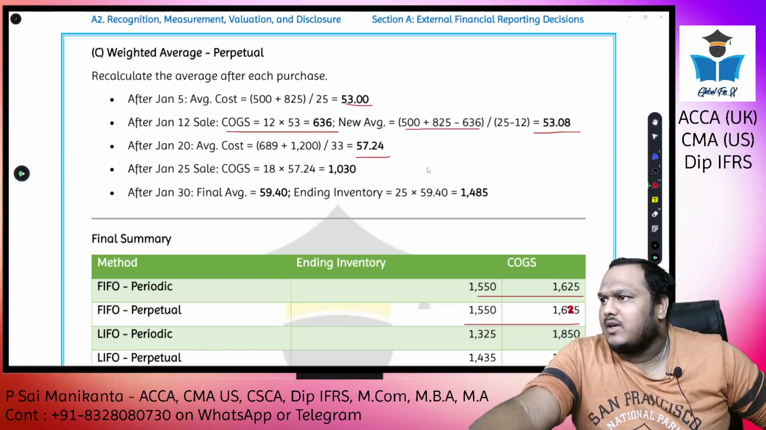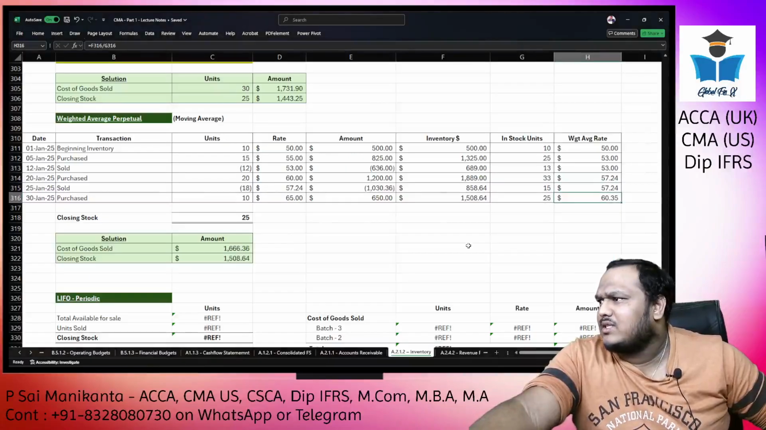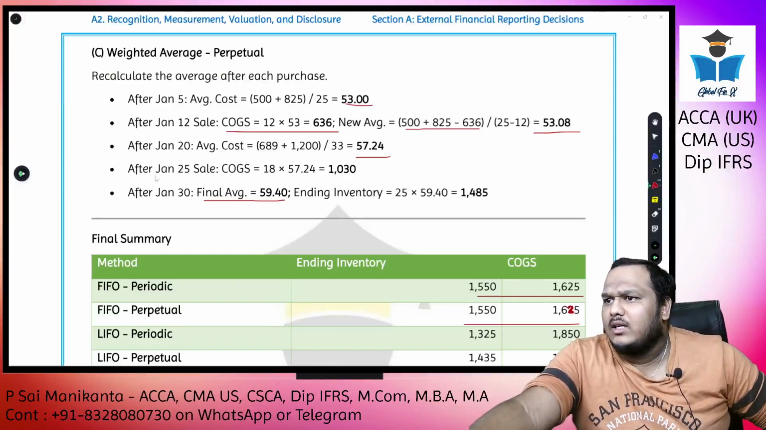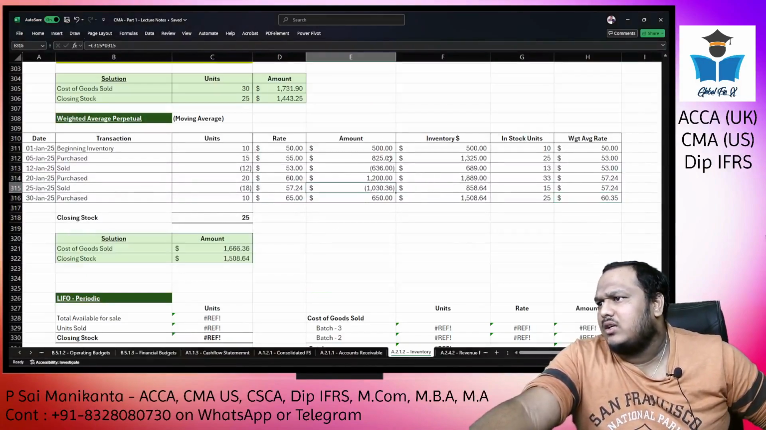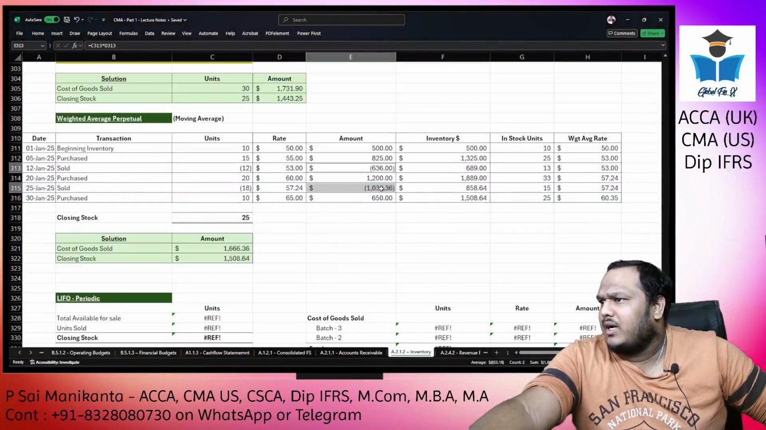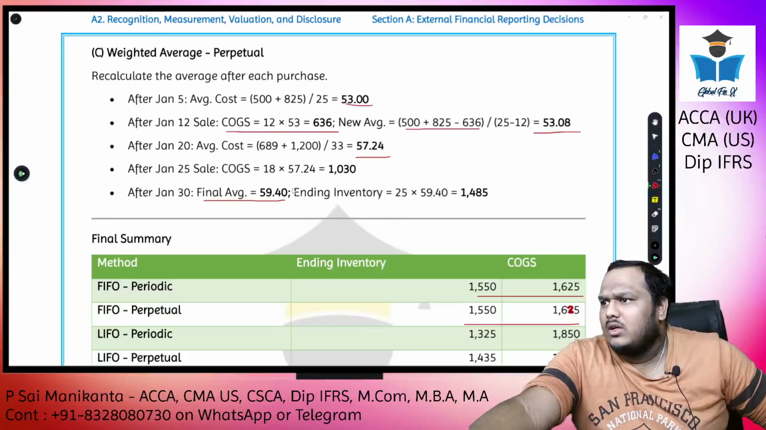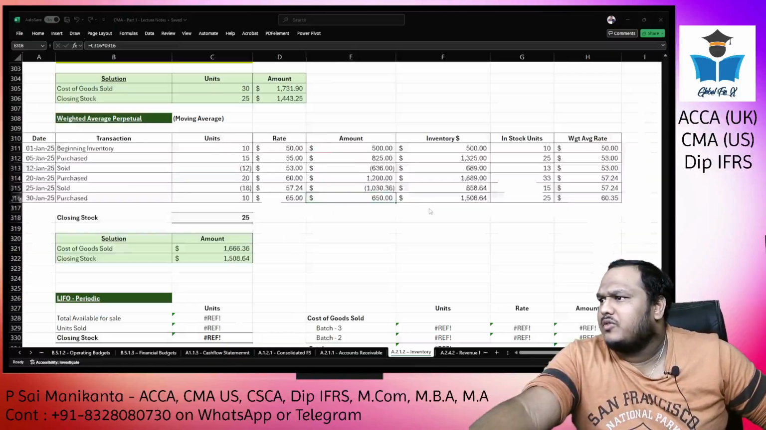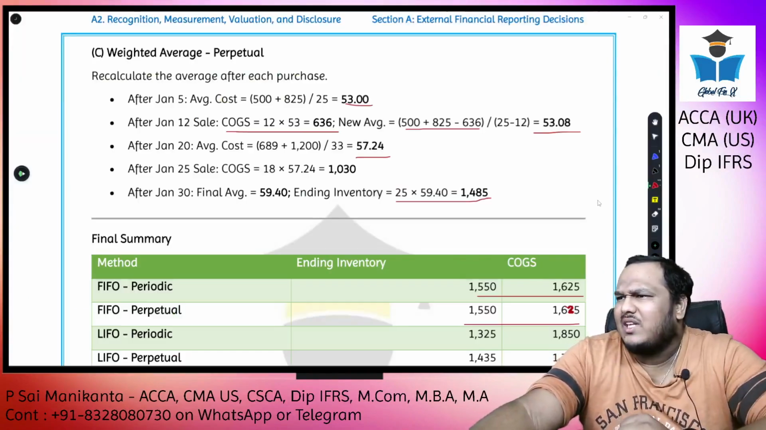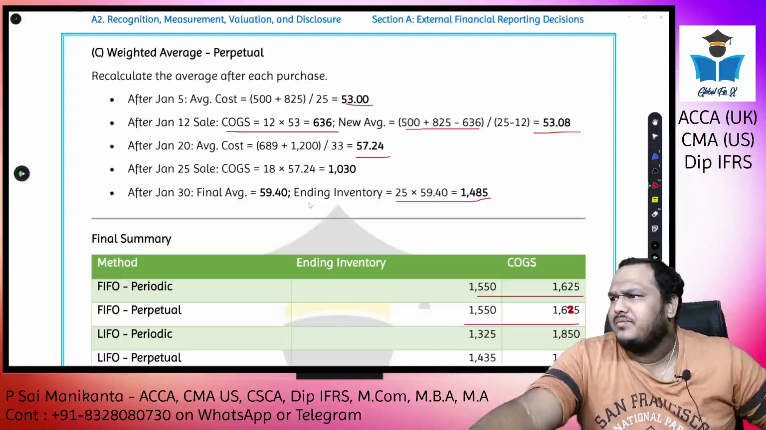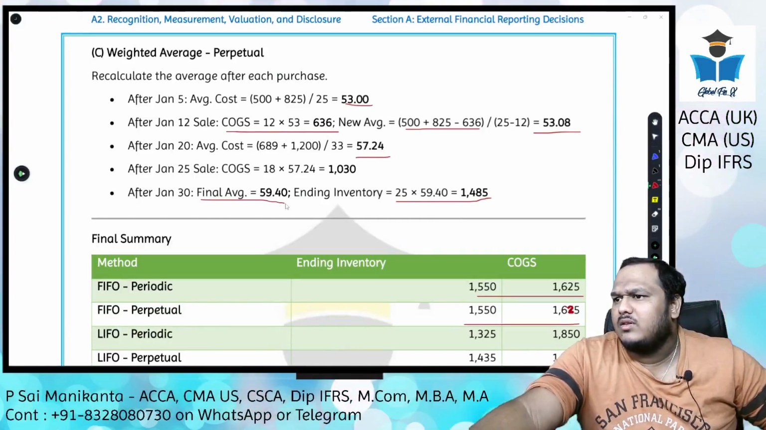Then 57.24, final average 59.4, we got 60. Why? How is that? COGS is 1030, correct. So COGS values are perfectly matched. Then how come ending inventory is 25 into 59? I got 60. A $1 rounding off difference. That much rounding off should not be there, no? This final average is